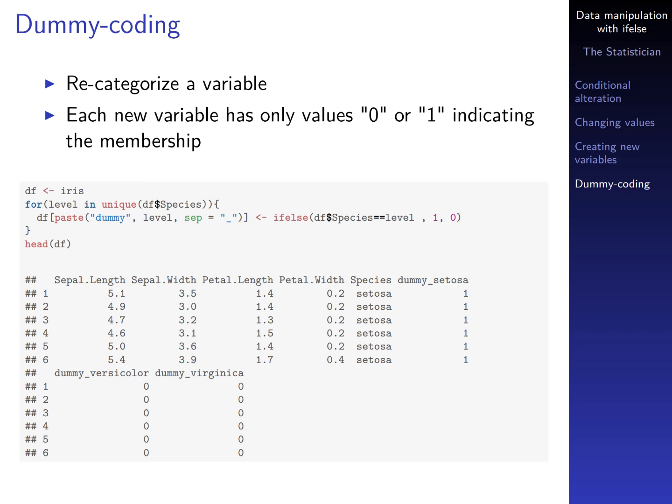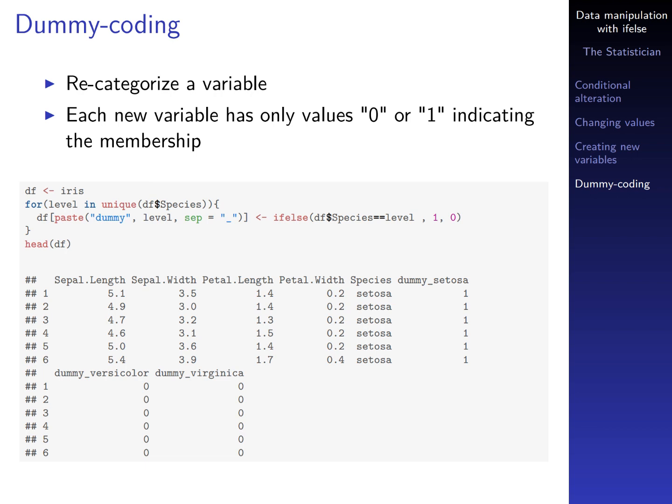So, first we loop through each level in the species variable, and then we create a new variable that has the name dummy underscore and the given level that we loop,